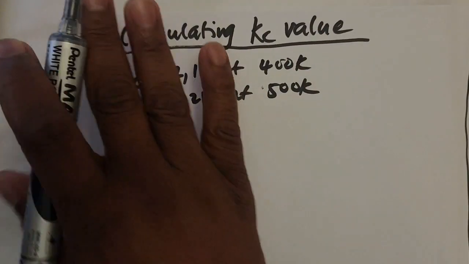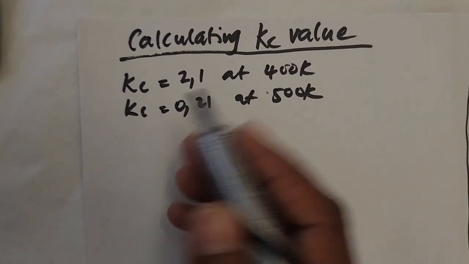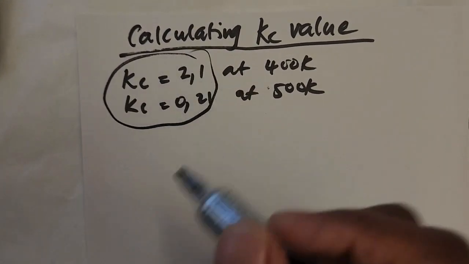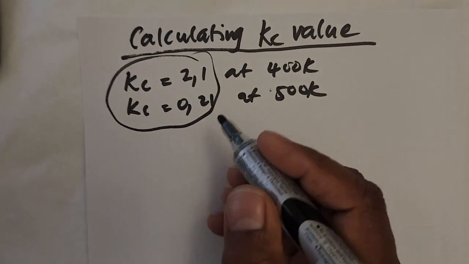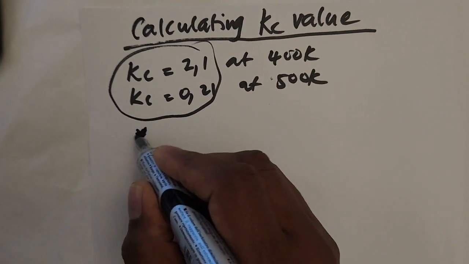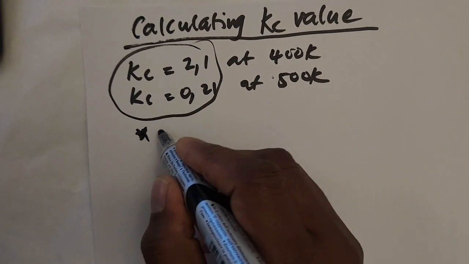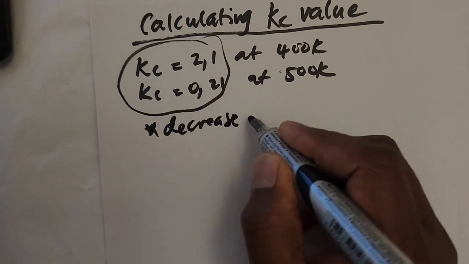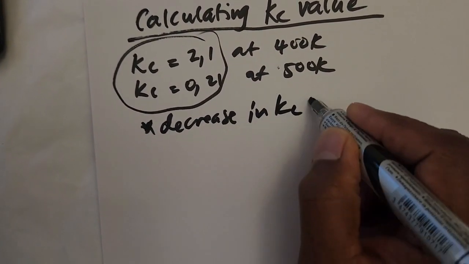We either start with temperature or start with Kc, but don't mix the two. So we start with this one to say from 2.1 to 0.21, therefore Kc is decreasing. Therefore, decrease in Kc. Tell the examiner now, decrease in Kc value